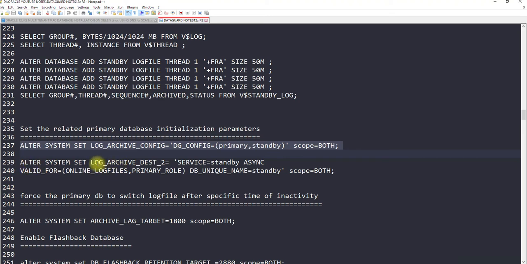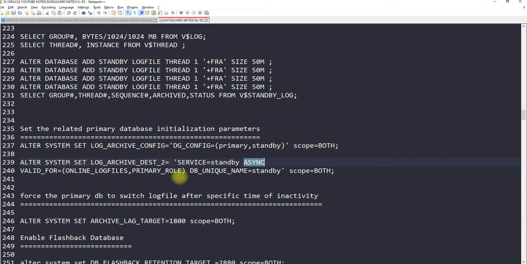Now you need to run this log archive dest 2 as well, which is pointing to the standby. It means that whatever logs are generated will be automatically sent to the standby location, and this will only be sent when this particular database from where you are running the command is behaving as primary and saving online redo log files, which makes sense because currently we are setting this parameter on the primary database itself. For that reason, it will be connecting to the standby and it will be using the async method. Being async, the primary database will not wait for acknowledgement from the standby database, and it will immediately commit.